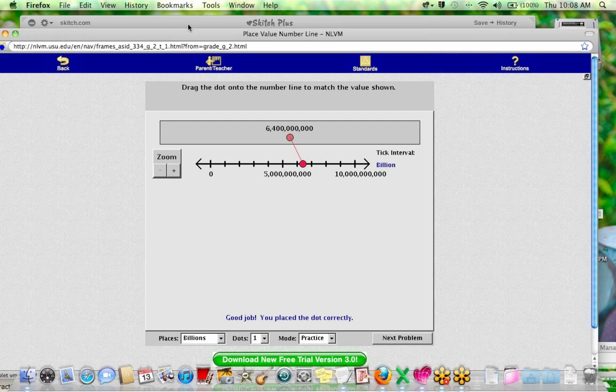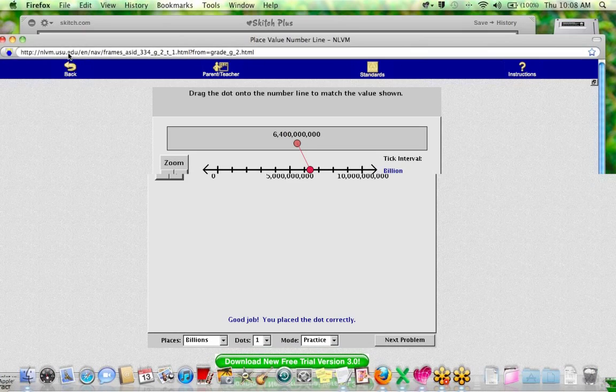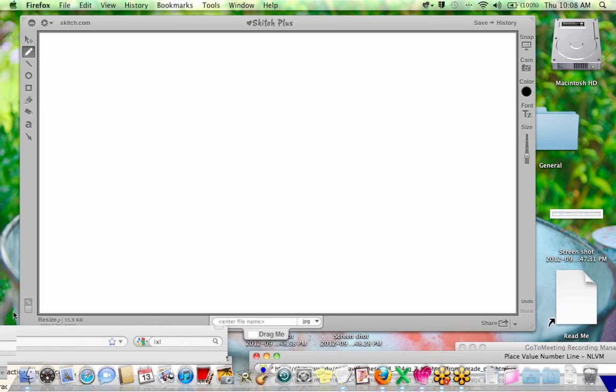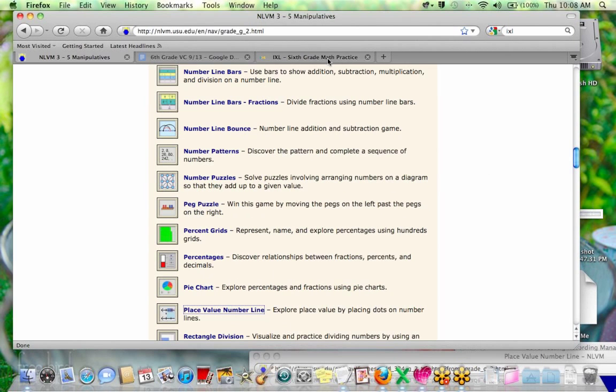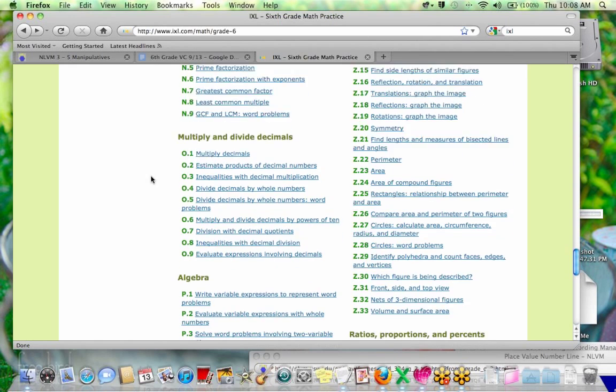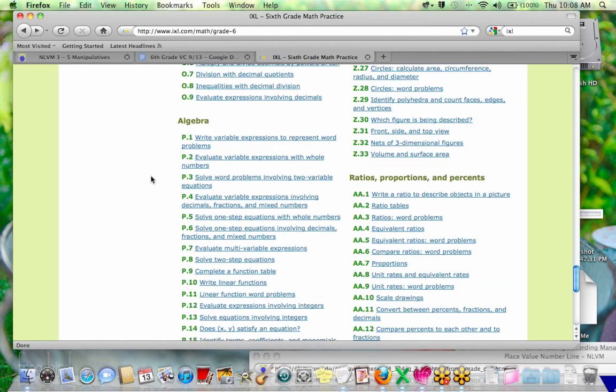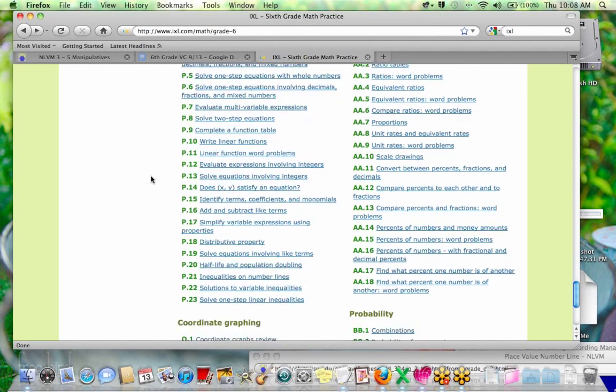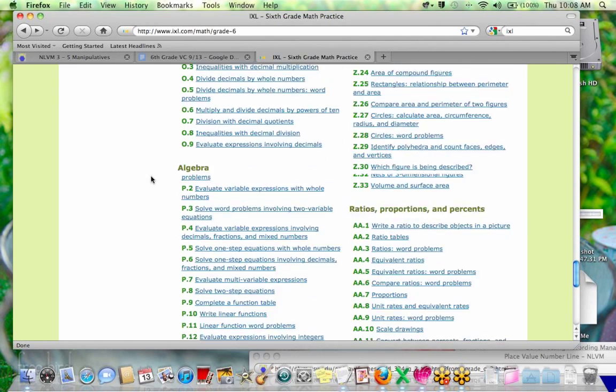Okay, so we're going to get rid of this game for a second. Here we go. Couple practice problems for exponents. Sorry, I should have had this pulled up. I was playing around with it.